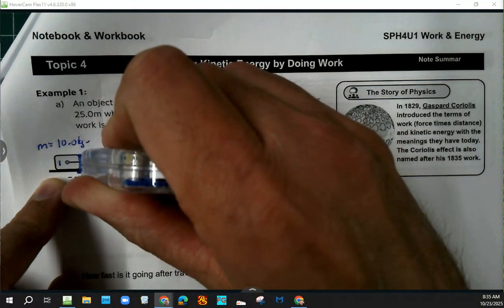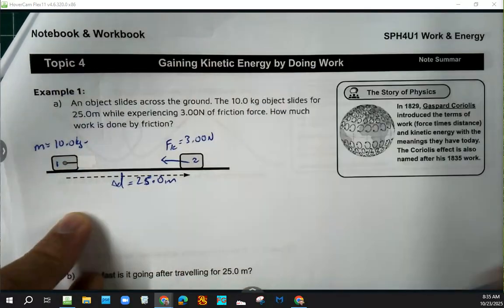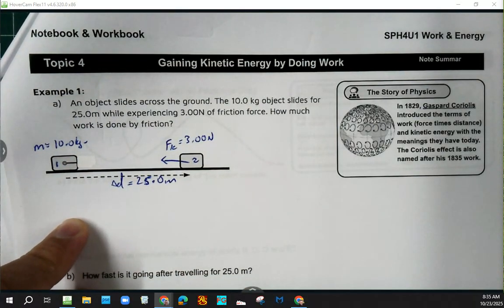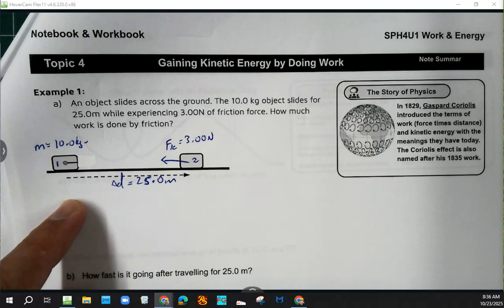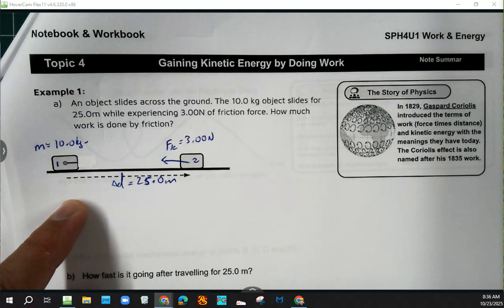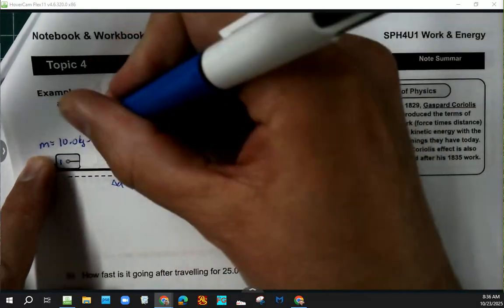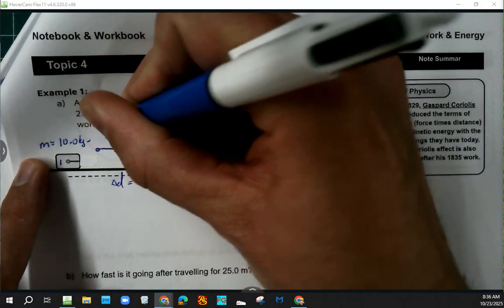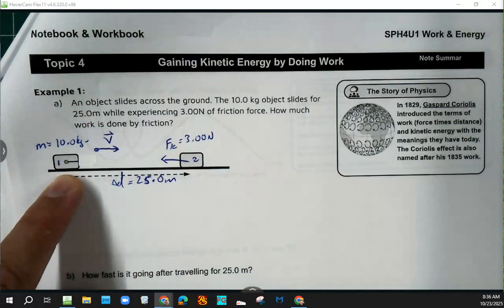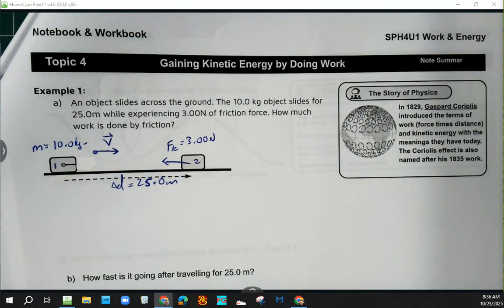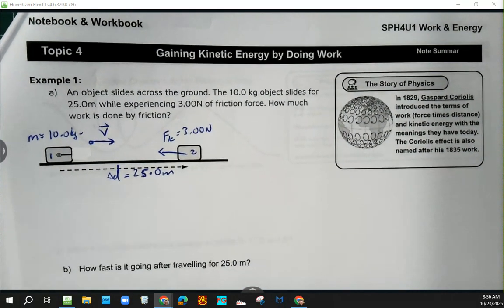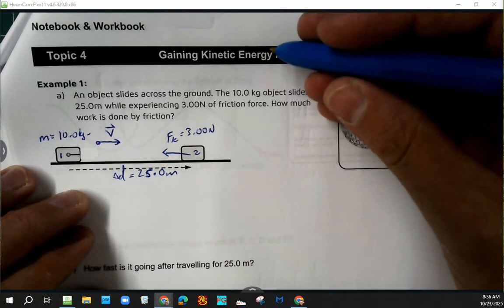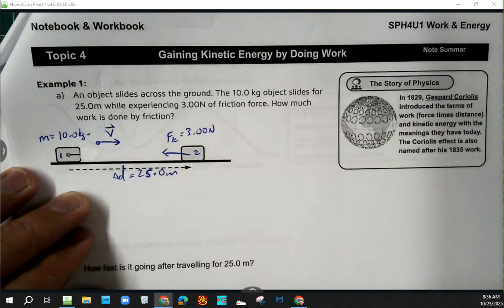I really should scribble out or white out that initial force, because if I'm talking about the slide time for this rock, I'm talking about after release, after it gets let go of by the curler, if you know what I mean, okay? What I could say is that it has an initial velocity, perhaps, but I shouldn't attach that to my actual object. So this is me criticizing my own picture. Guys? Sorry. All right. So as I'm looking at this, displacement is to the right, force due to friction would be